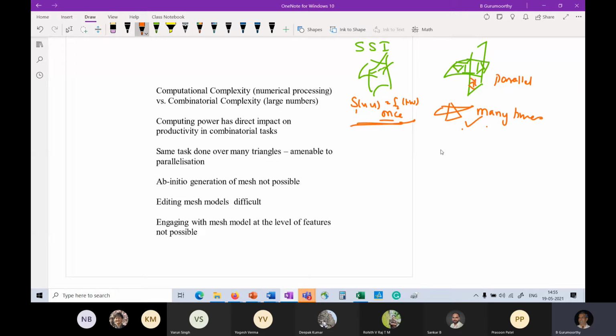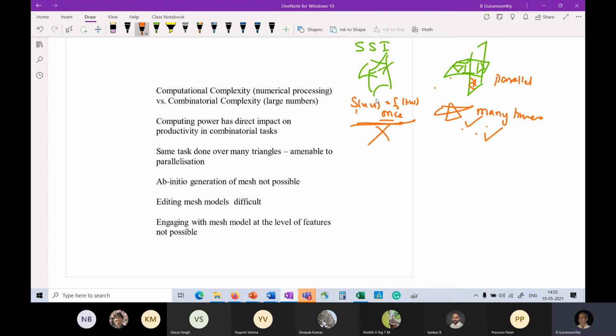The problem is that if I have a faster computer, I can do this better. On this, it has no impact. Okay. So if I have a better computer, a parallel, many-computer, many-core machine, then all of them will impact the efficiency of this, right? Because I'm doing the same thing. I can apportion it to multiple triangles. I can say the 100 triangles from here go to the first subprocessor, the next 100 go to another one, the next 100 go to another one, like that, right? So when 6 of them are working, I can do this in 1/6 of the time.